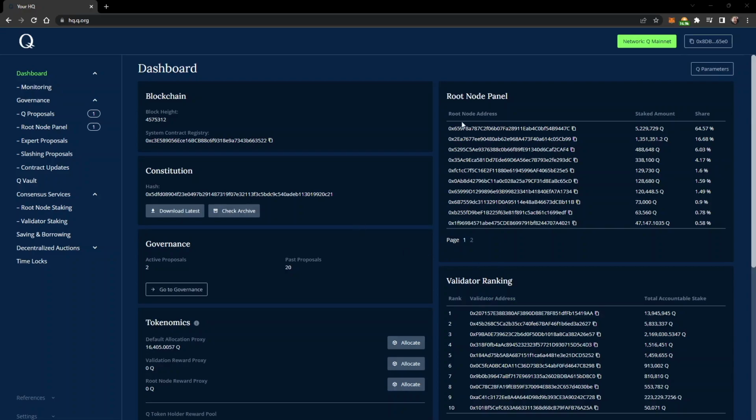Hi guys, I would like to show you today how you can check and verify the changes to the Q constitution that come along with the Athos hard fork. First of all, you need to get the current constitution, and you can download it at yourhq.q.org on the dashboard